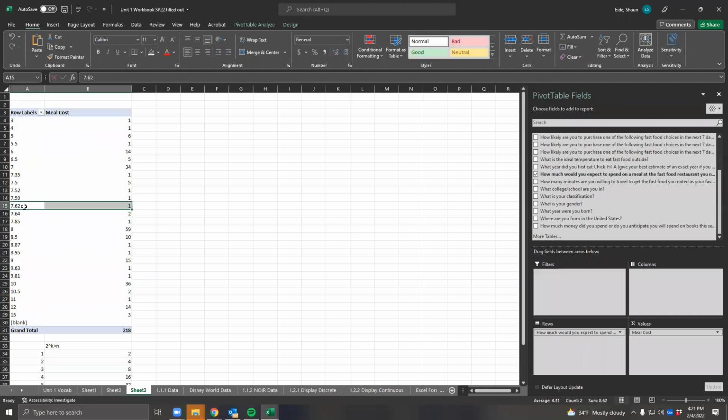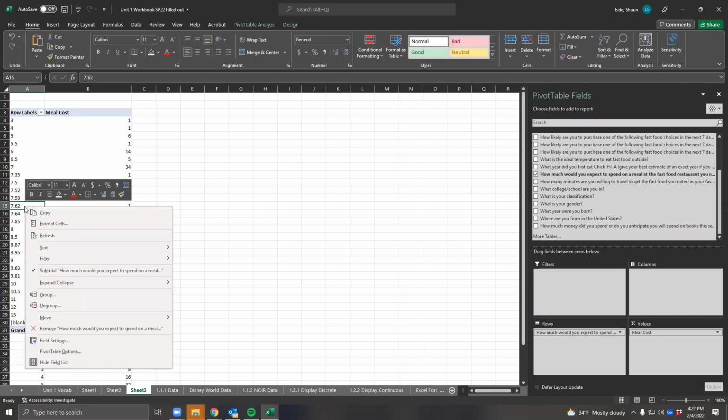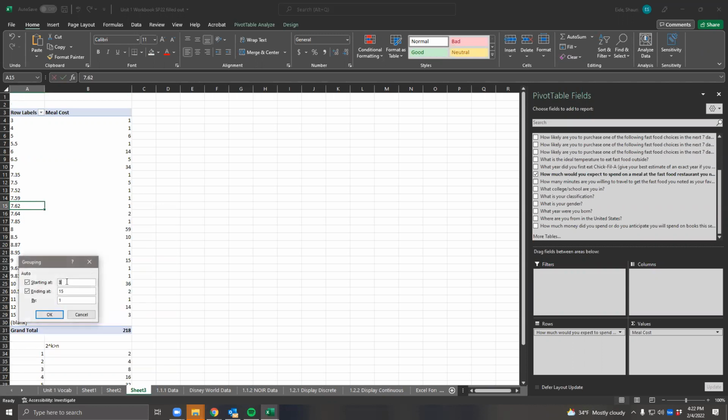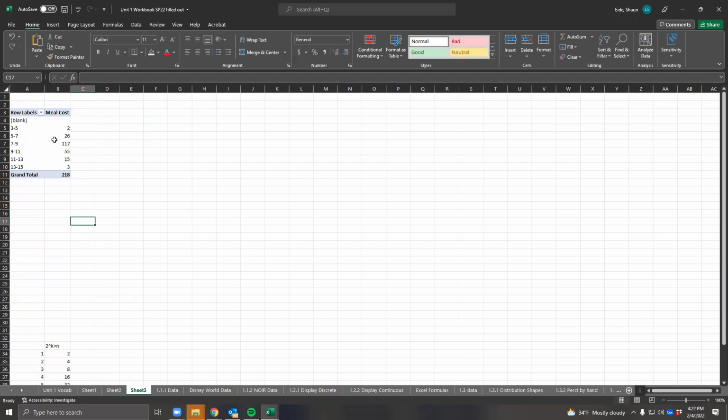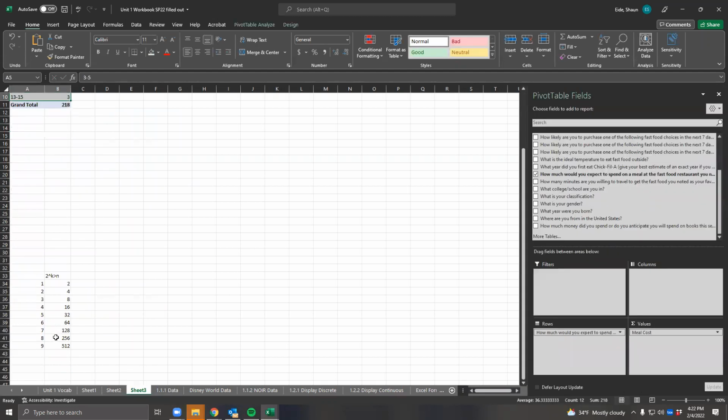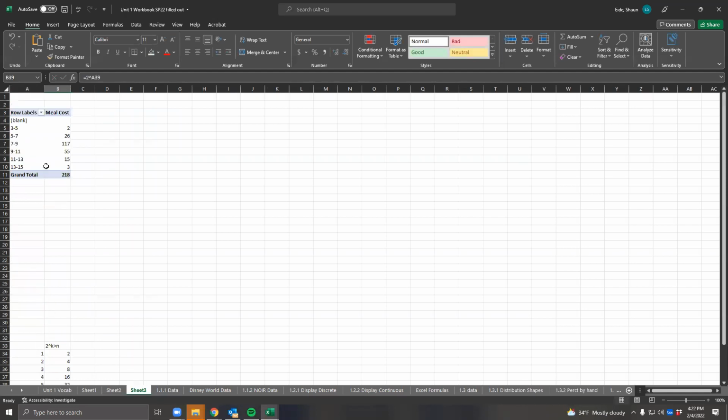So what we're going to do is we're going to group this data together. Okay, so we're going to group starting at 3, ending at 15, and going by 1. Well, how many is that? That right there is 12 classes. So we could do that. We could also do starting at 3, you know, doing it by 2. So what does that do? That gives us 6 classes. So we could either have 6 classes, or if